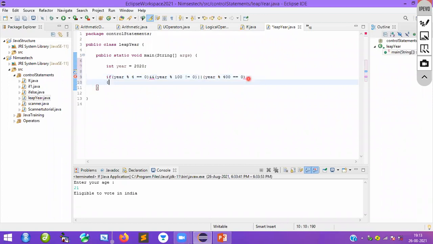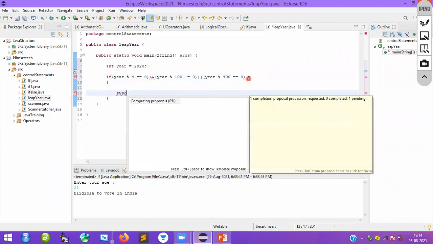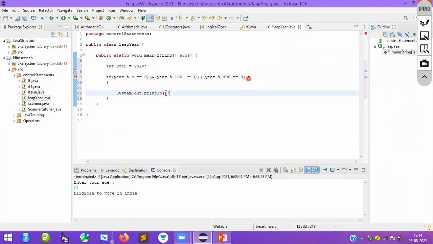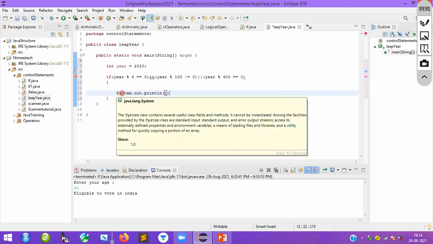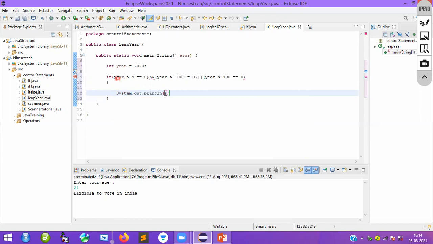Clear everybody. Okay. Now SYSO, control space bar. Here I am going to mention, if all these conditions are satisfied, finally you are going to get the true value. If you are getting the true value, then automatically control is going to enter inside the if body. Understand? Whatever condition you have mentioned here, the entire thing.